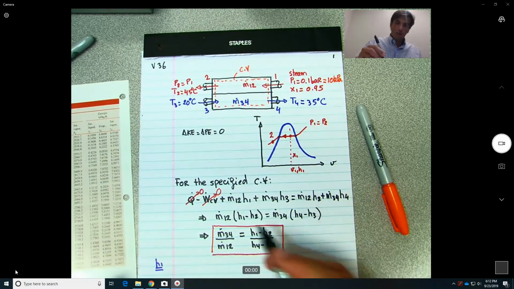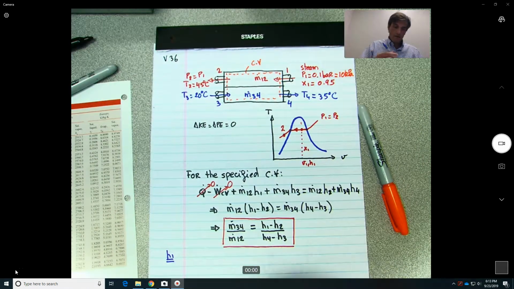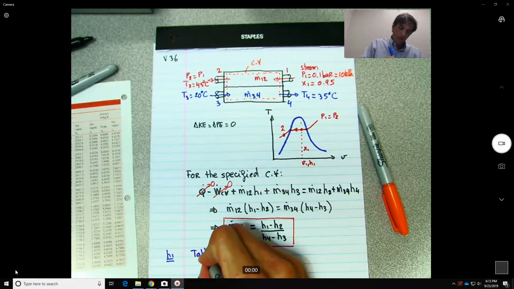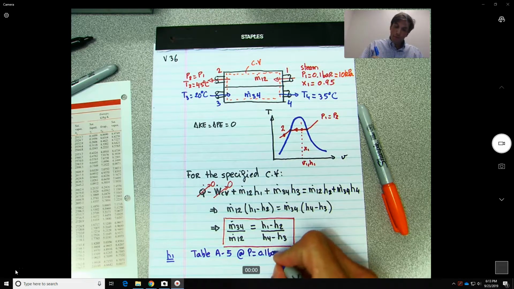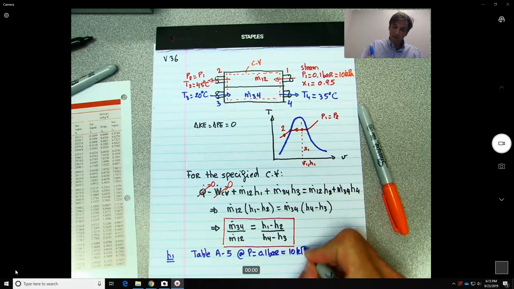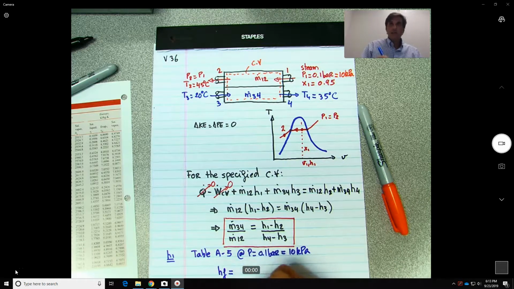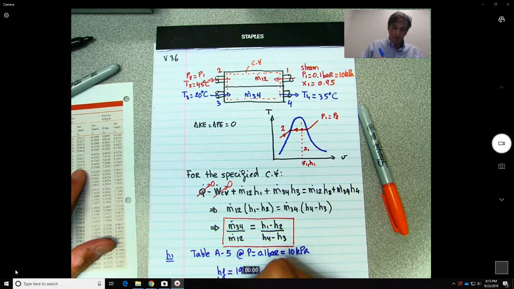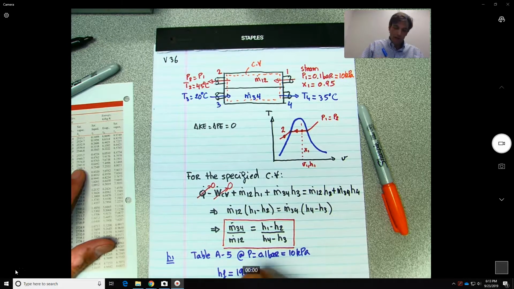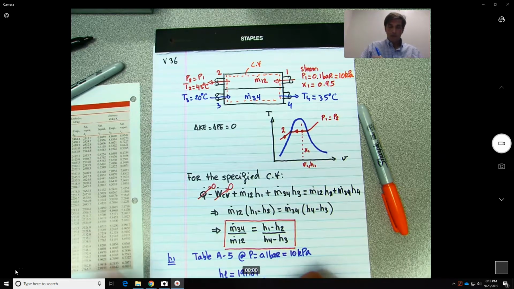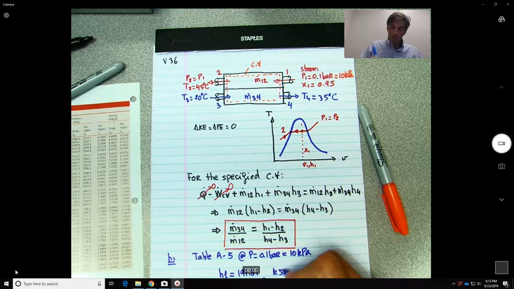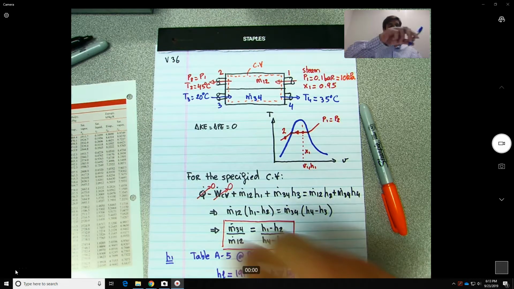So basically I have from table A5 at P equal 0.1 bar, which is equivalent to 10 kilopascals, we have Hf equal to 191.81, Hg equal to 2583.9, and Hfg, which is just the difference between these two, is 2392.1, and all this will be kilojoules per kilogram. So once we have that information,